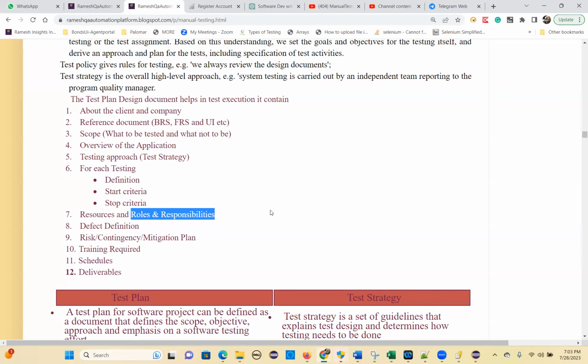Okay. So that is the roles and responsibility of each person, what he is going to do. It will be described in the test plan. Defect definition. So in the defect definition,